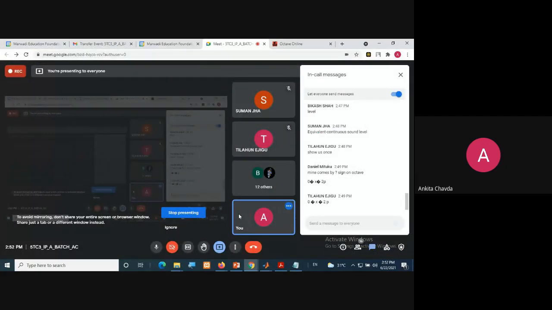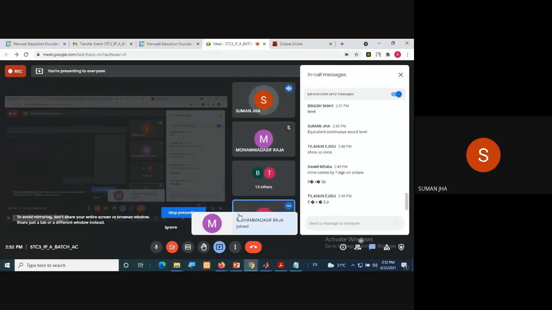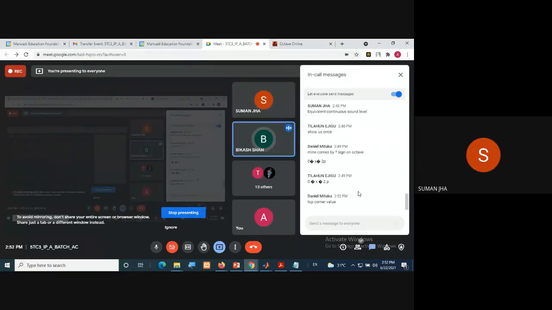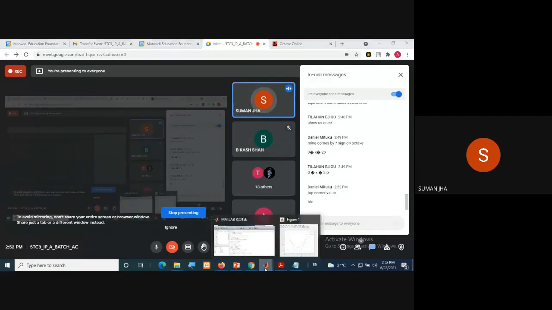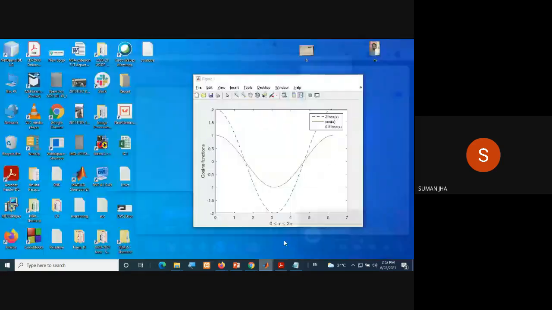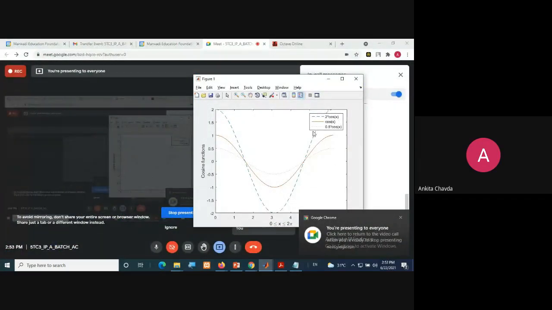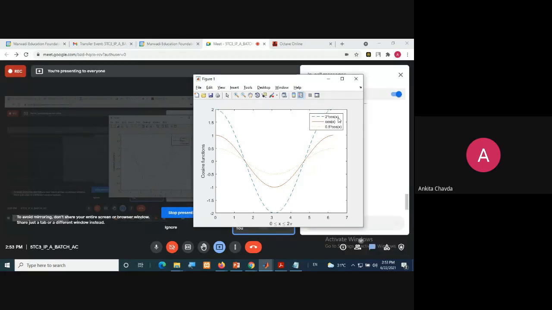Yes. Legend is showing what? A small tab, ma'am, in which it shows the lines for marking. Yes, yes. 2 star cos x it is dotted, and for cos x it is an orange line, for 0.5 into cos x it's a yellow line, like that. Okay. So legend is showing you such kind of things, that this blue line shows the function 2 into cos of x. So you can get to know, okay, this line is for this, and this line is for this. In a graph, it is always mentioned, right?